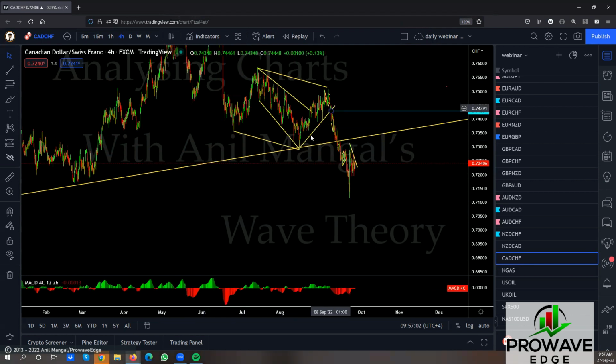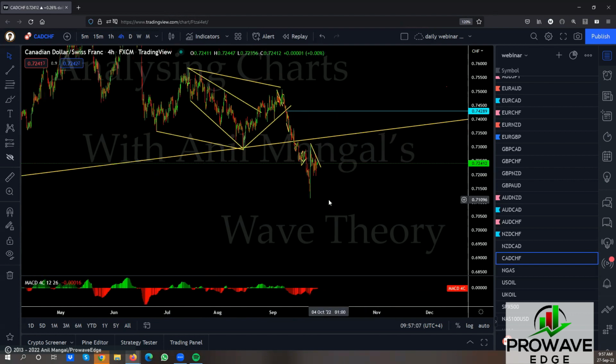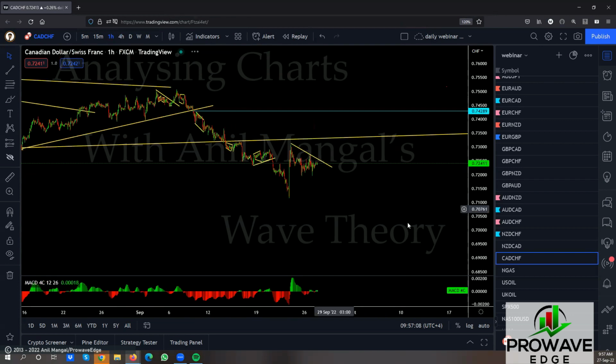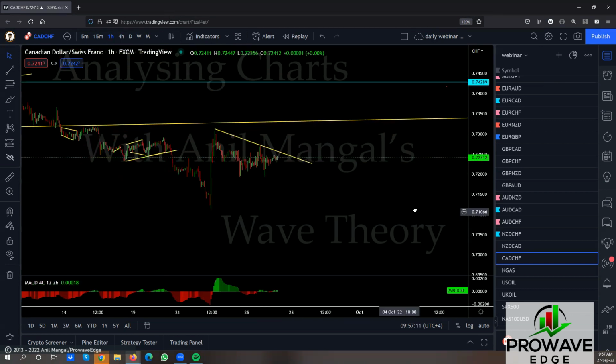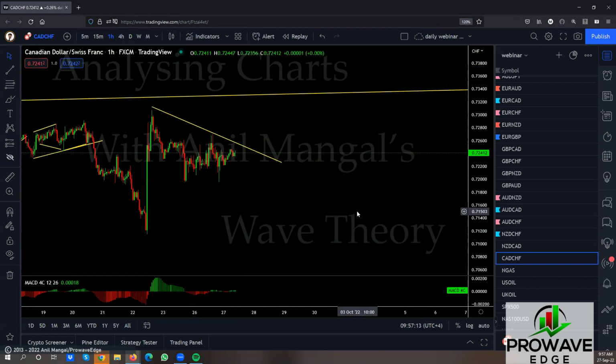So this turned out to be what we wanted it to be. Let's see if this turned out to be what we wanted it to be. So sell to the downside. Not sure if you get a sell setup, you can consider it, depending on the range. If this becomes a flag, we could consider selling it to drop very sharp down and then go back up. Wait for a sell setup. See if this gives you a sell setup here.